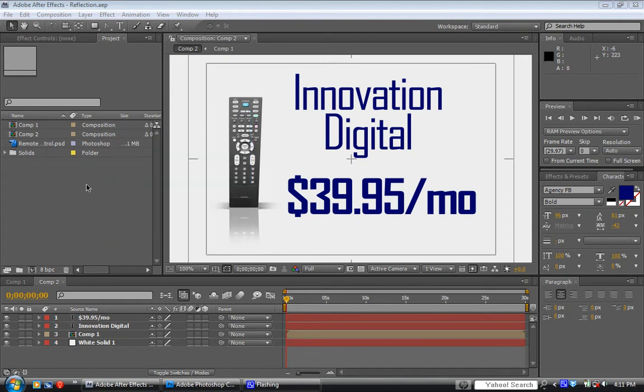Occasionally on television you'll see an advertisement for a product or service in which they will try to sell you multiple products or services. And so what we're going to do here is show you how to create a duplicate of this and animate it to go back and appear that it's a little bit further back, and to create an illusion of depth. So what we're going to do is take Innovation Digital, $30.95 a month, and we're going